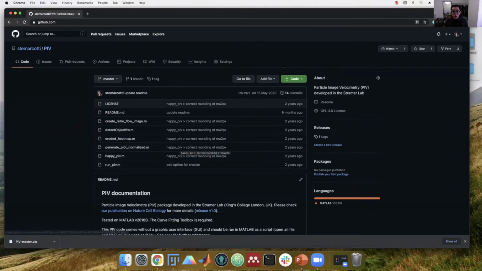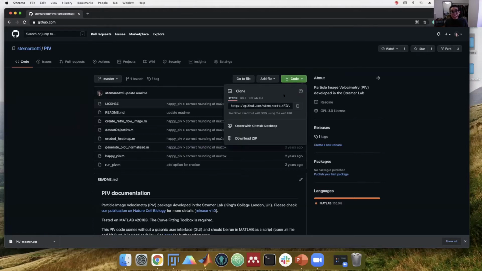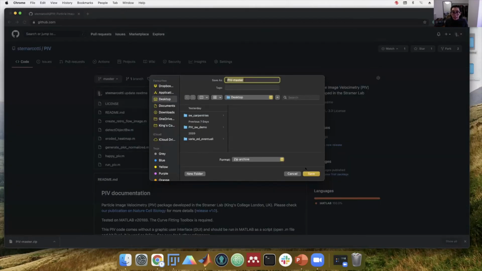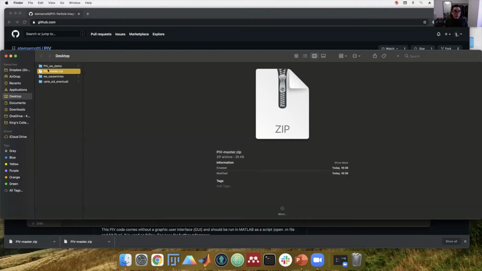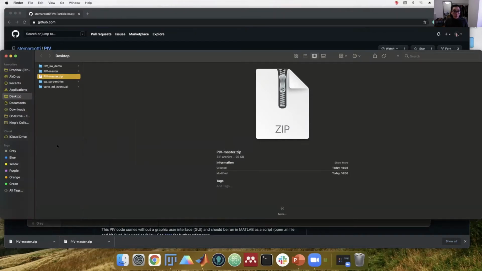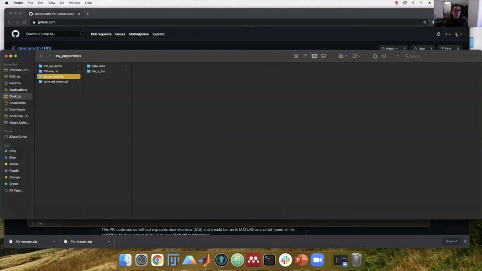So have a look at these before you start your analysis if you are interested in testing it with your data. I'm pretty sure most of you are familiar with these, but the first thing we need to do is to download the code locally. So I press on this green button called code, and I download the zip file on my desktop. I am going to show you where it is in Finder, and I'm going to unzip it so I can show you what's inside. I have, again, the README file, the license, and a bunch of Matlab functions. All of the code is in Matlab,